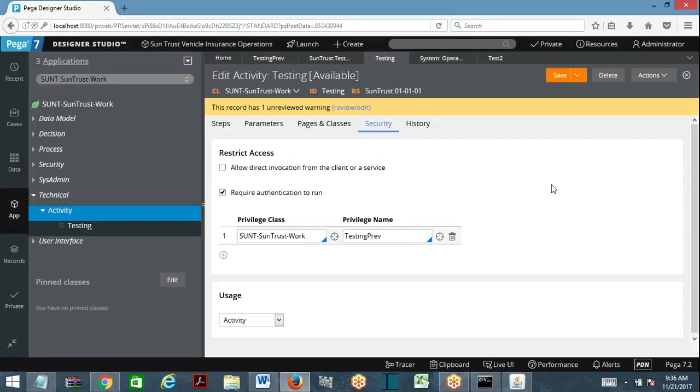Now operator 1 and 2 log in. Will they be able to execute any activities? Operator 1 and 2 have a role defined on their access group which prevents execution of activities. Can they execute any of the activities? No, no activity they can execute. Now operator 3 logged in with a different access group. So can he execute activities? He can execute activities.